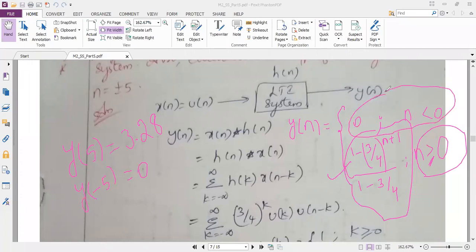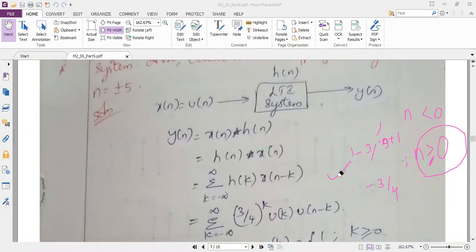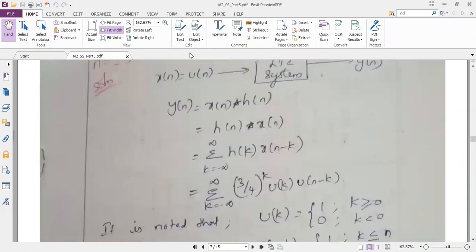But some students, what they do is substitute -5 plus 1 in this formula and they get the answer in negative with some amplitude. But if the evaluators see that answer, they will completely reduce the marks because they think that you do not have any knowledge about this problem. So y of -5 is 0 because of the condition y of n is equal to 0 for n less than 0. Okay. So I hope I clearly made you understand this problem.